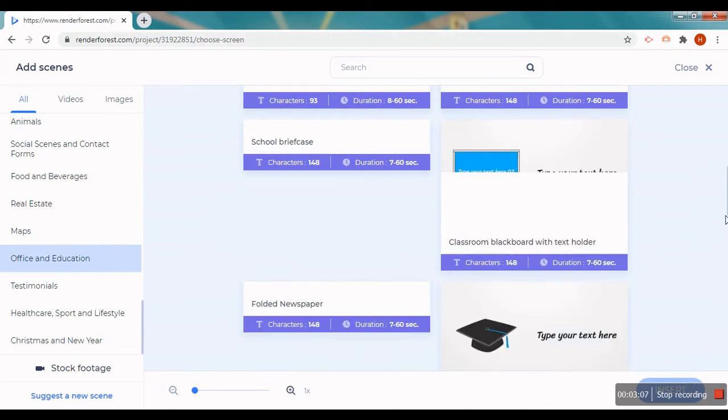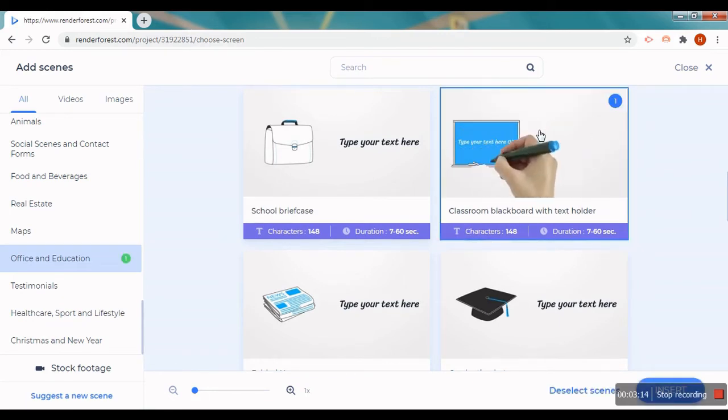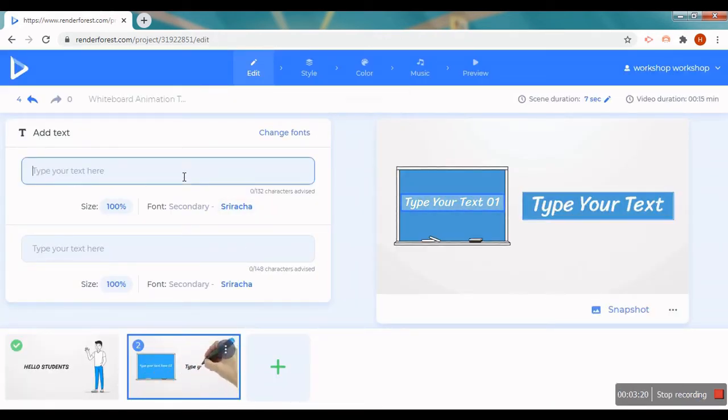Now suppose these are the options which are available to you. Let's choose this classroom board with a text holder. Again you will click on insert. The scene will get inserted. Then we'll write a text: welcome to the workshop at Department of Education, Shri Guru Granth Sahib World University, Fatehgarh Sahib.